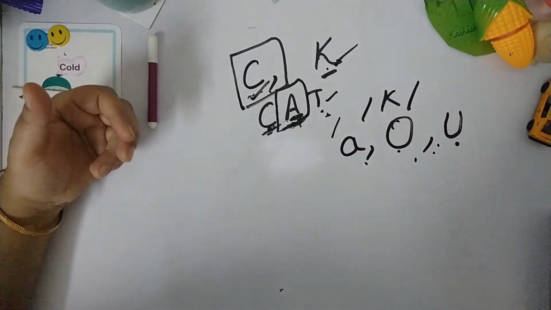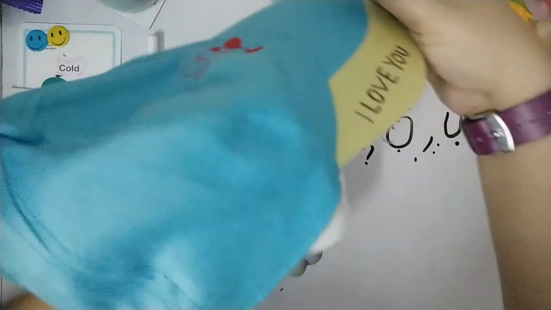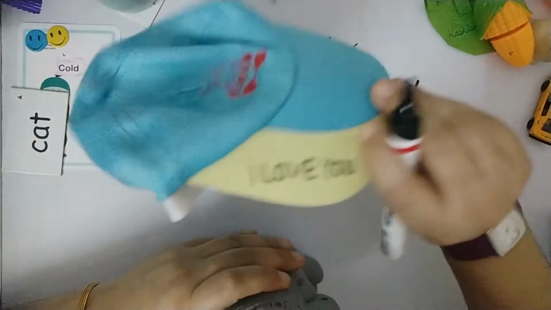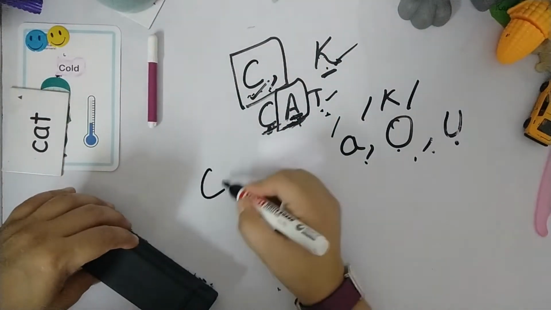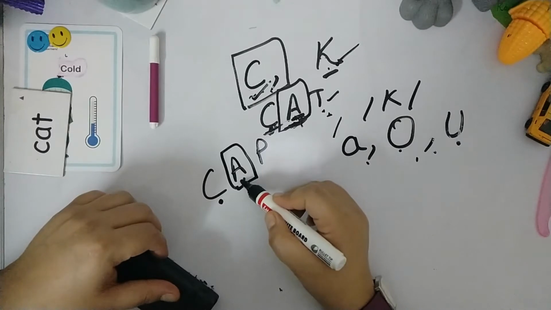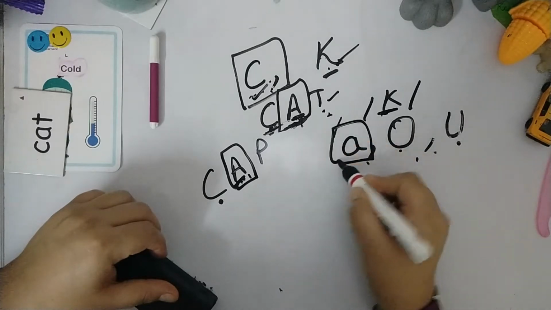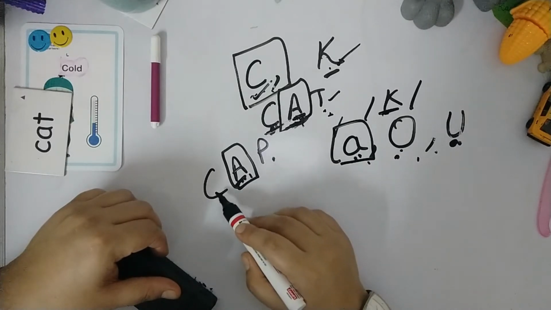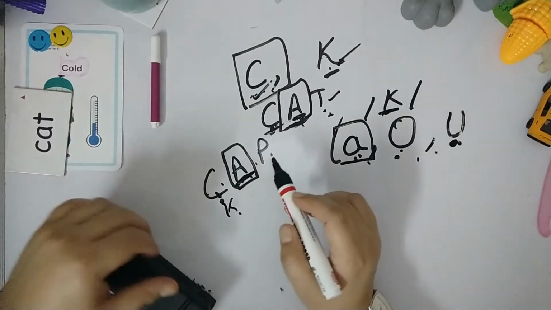Or in order to make it more interesting, you can add further to it. Okay, now tell me what this cat is wearing. This cat is wearing a cap. So what's this? This is a cap. So when we talk about cap, we will be writing CAP. After the K sound, we are hearing again the sound of the letter A. So whenever the K sound is followed by vowel A, O and U, then we are using C, so cap. That's why we have used CAP here and not KAP, because it is followed by vowel A. Similarly, you can take any example.